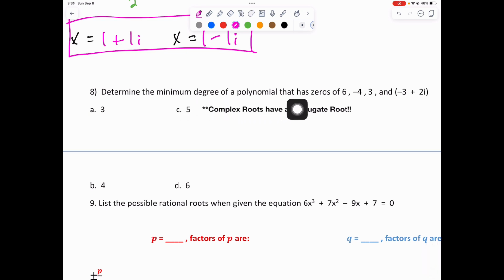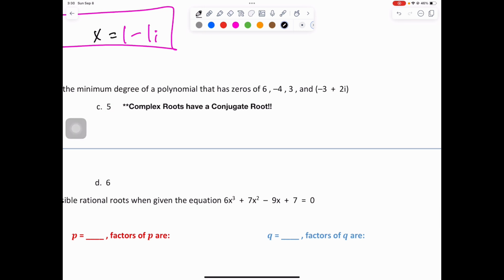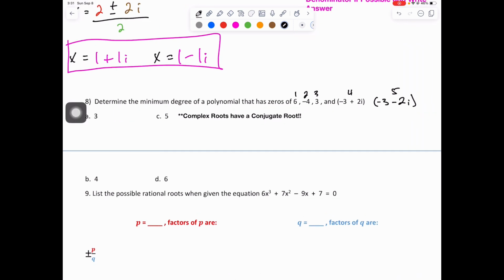Determine the minimum degree of a polynomial that has zeros of 6, -4, 3, and -3 plus 2i. Ooh, what do we know about that i right there? Yes, it's imaginary, it's complex, and complex roots have a conjugate root. And the conjugate root of -3 plus 2i is -3 minus 2i. So instead of plus 2i, we have a minus 2i. Now how many roots do we have? Well, we have 1 here, we have 2 here, we have 3, we have 4, and we have 5. That's going to give us our degree,